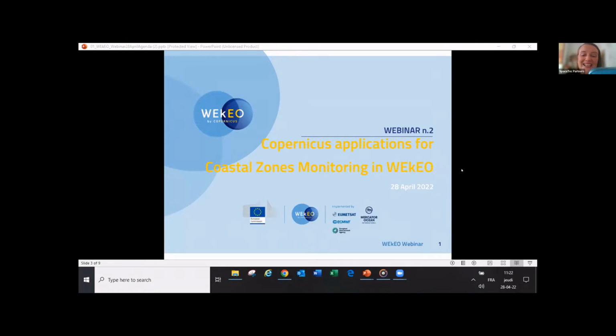Sousa. And then we have Dr. Jeff Smith with us this morning. He's a member of the WEkEO user support as a senior expert for land themes specifically. He has a very strong background in the fundamental interaction of radiation with vegetation and other surface materials.